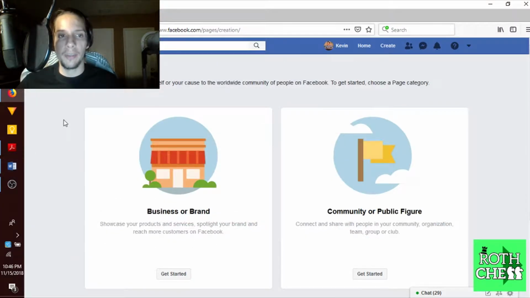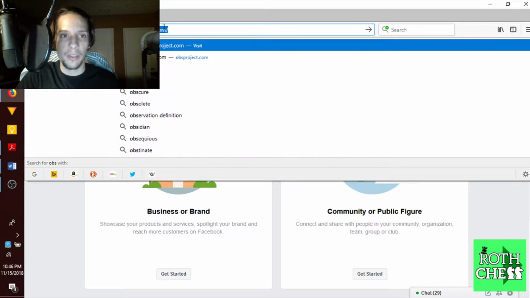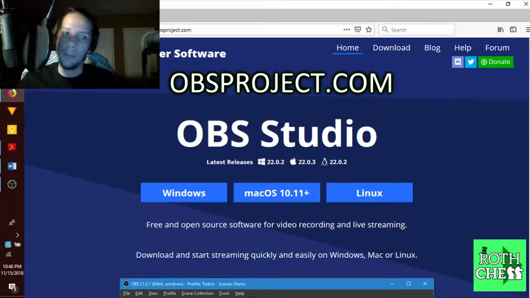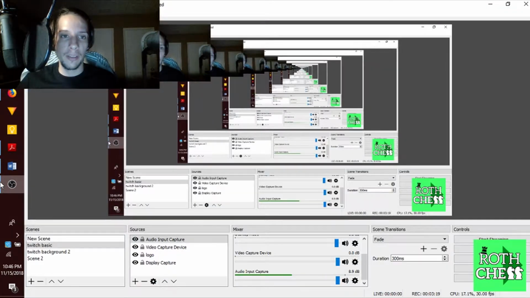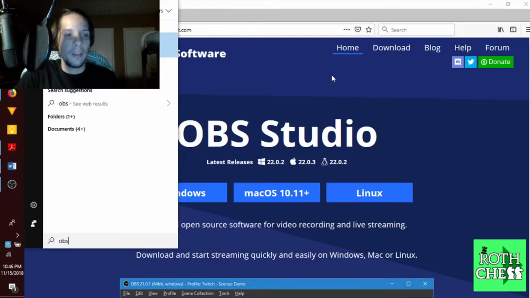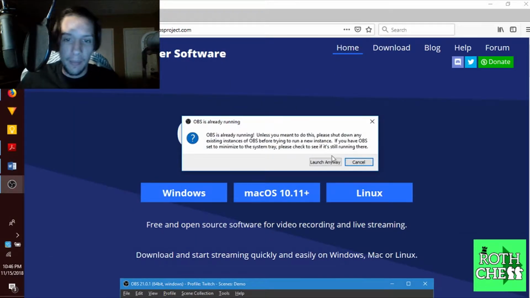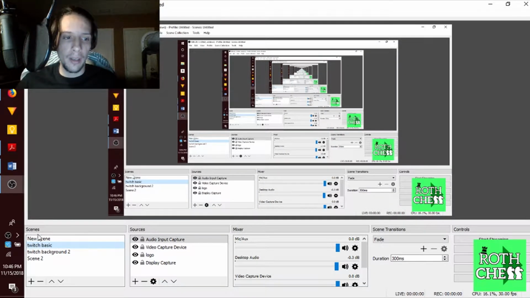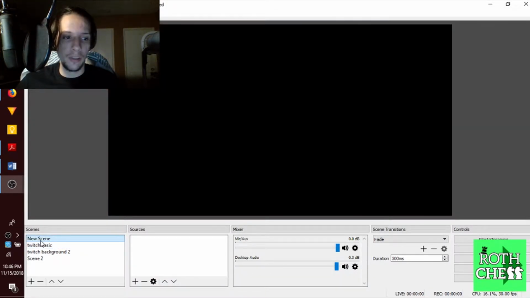So the next thing would be to download and install OBS Studio. I went ahead and did that, but if you didn't, you can go to obsproject.com as I mentioned and go ahead and download it for Windows or Mac, depending on your operating system. They also have it for Linux, which is really cool. So once you have OBS, I'm gonna go ahead and open up a new OBS. I have it running right now, but I'm gonna open up a new window,